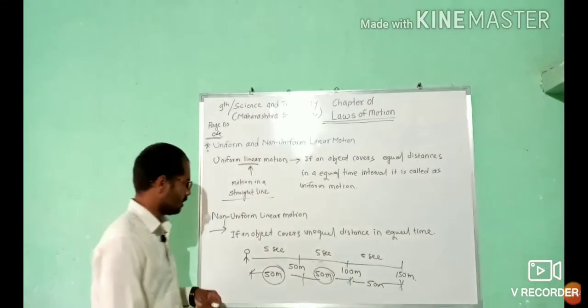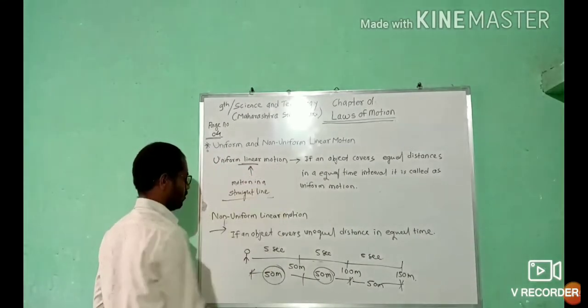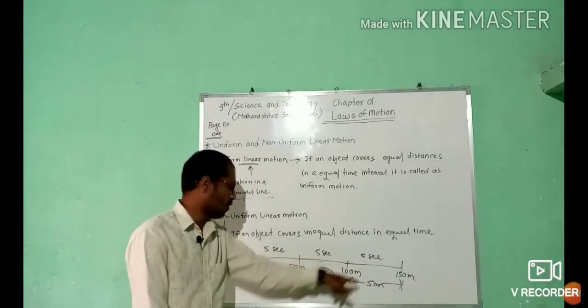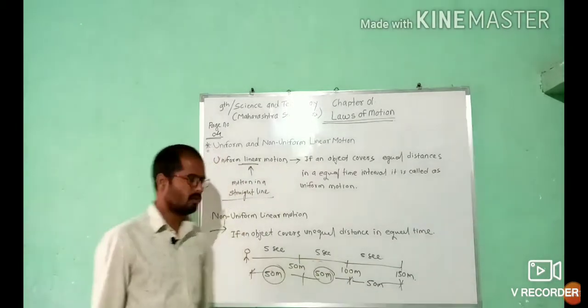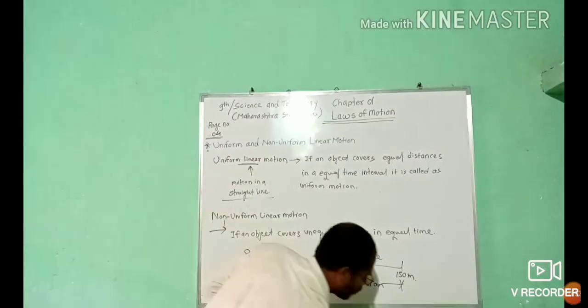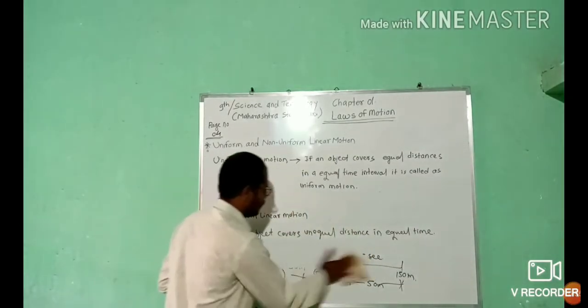Okay, so that is the example of uniform linear motion. His motion is uniform, his motion is constant there. Okay, so now for the non-uniform linear motion,